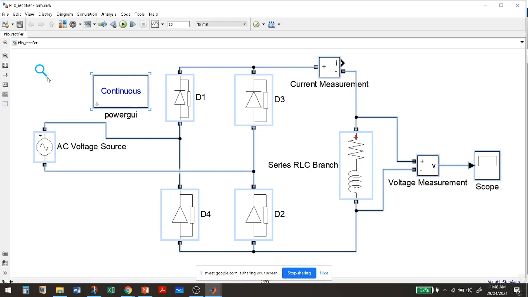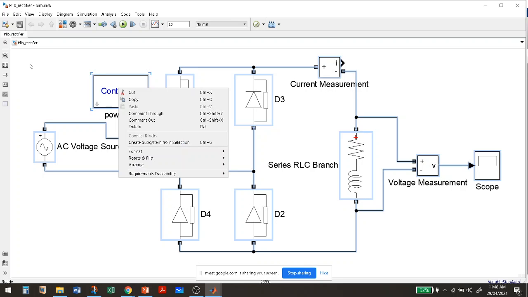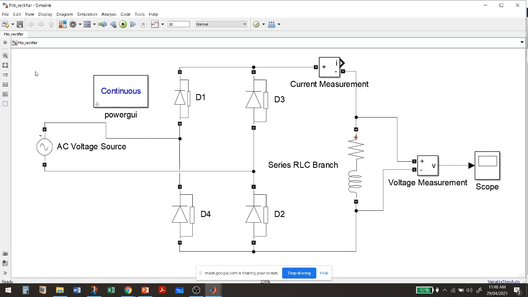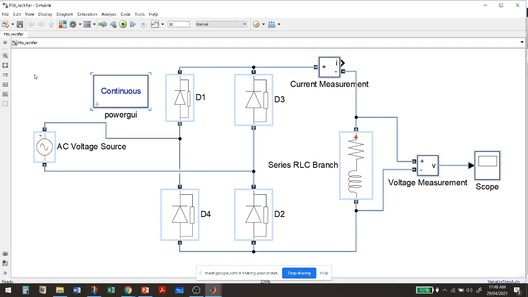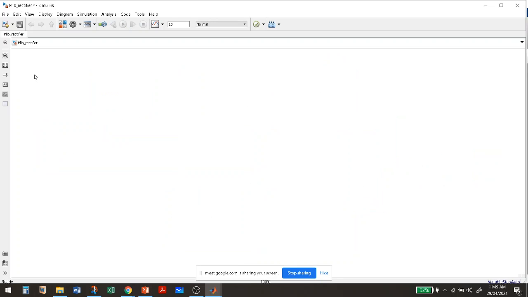Okay, so this we have already simulated. We'll go for the half wave rectifier. I will delete everything, and then we can simulate this from scratch, because I'm recording it, so it will be helpful for others who have not opened it.